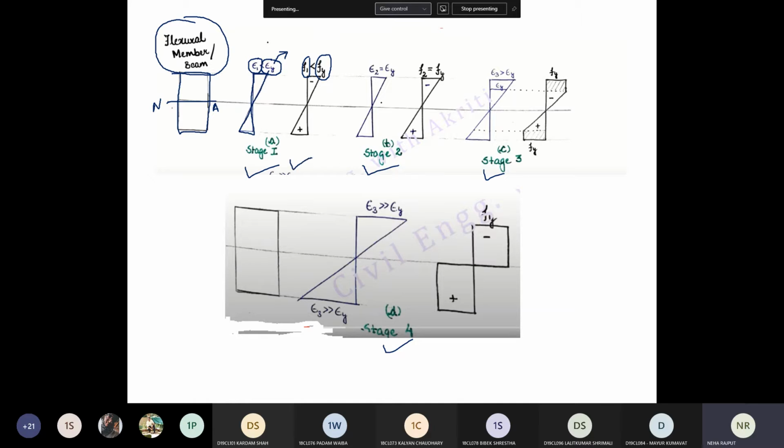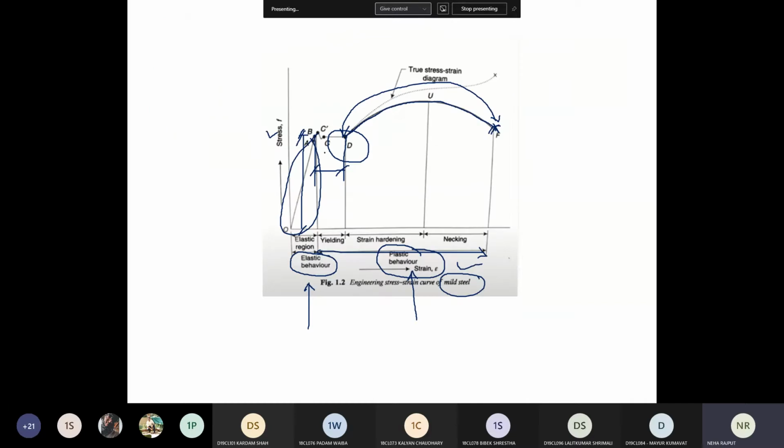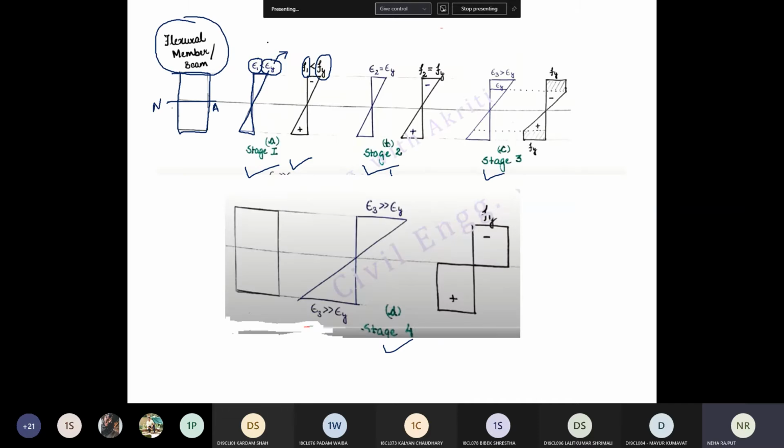Now what will happen in stage 2? Stage 2 is the point exactly after your elastic point, after B, in between B to C dash. This is the stage that is called stage 2. Now the elastic region is over, so your strain reaches the yield strain, right?